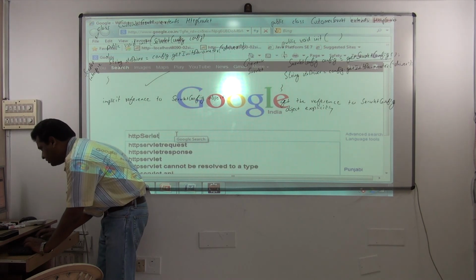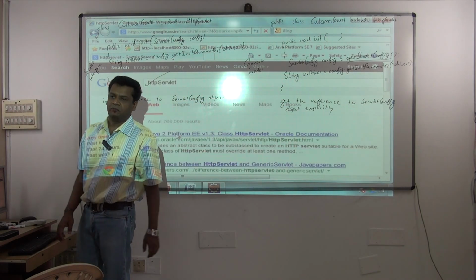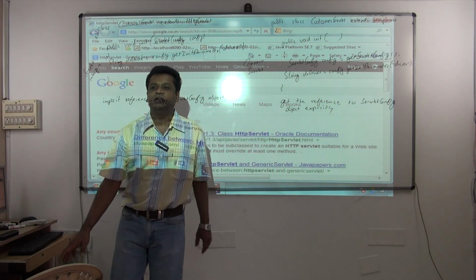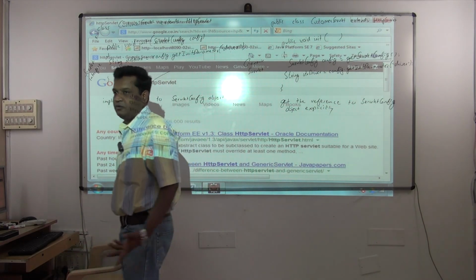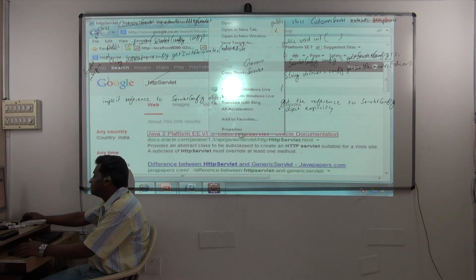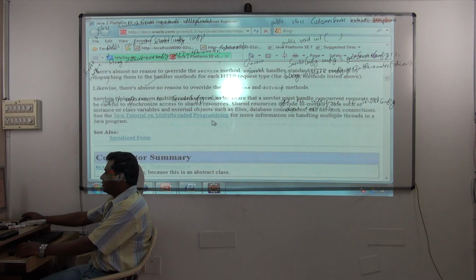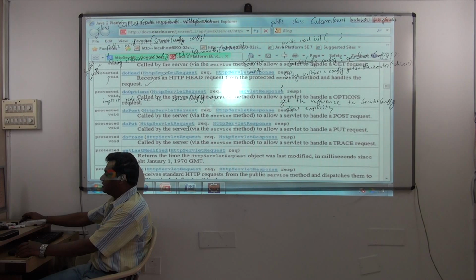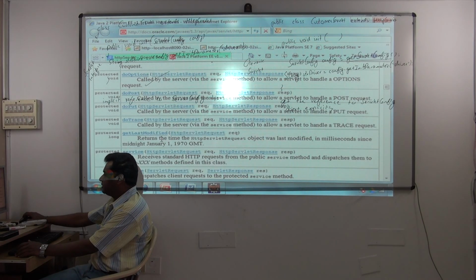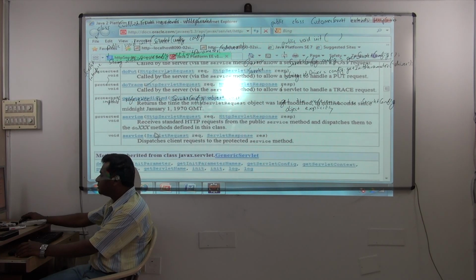And if you want it from the docs, you'll say HttpServlet. Don't learn without what? Docs. You'll never understand. Because here nothing is in our hand. Everything is pre-decided by Sun. We are only learning their specification to use. So I opened HttpServlet, to see which is the method. So many methods are there. We are seeing the method. If it is not there in HttpServlet, it would be in